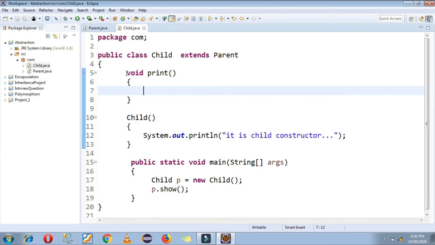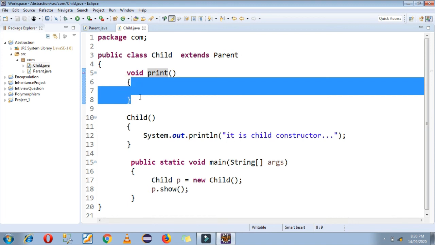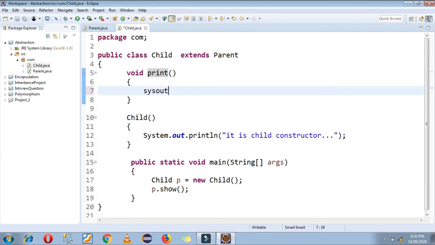No need to provide the abstract keyword here. You have to remove that abstract keyword and just write your data type, name of your function, and the parentheses. And here you can provide your code. So simply I am just printing it is abstract method.